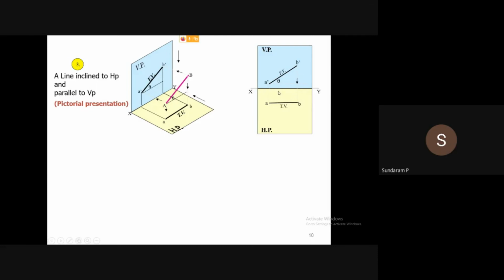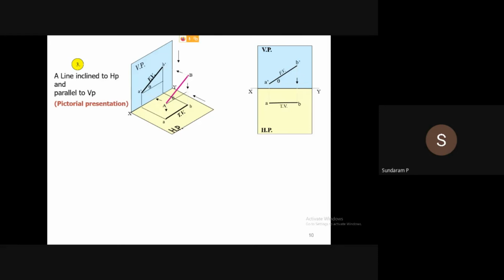You need to differentiate. Our object is a line, so you need to show it with color. In AutoCAD, you need to show it with a different color, or you have to increase the line width. You need to show the difference. Here we are using construction lines. This horizontal line, vertical line and the XY line are all construction lines to project our object. So as beginners, we are using all construction lines.